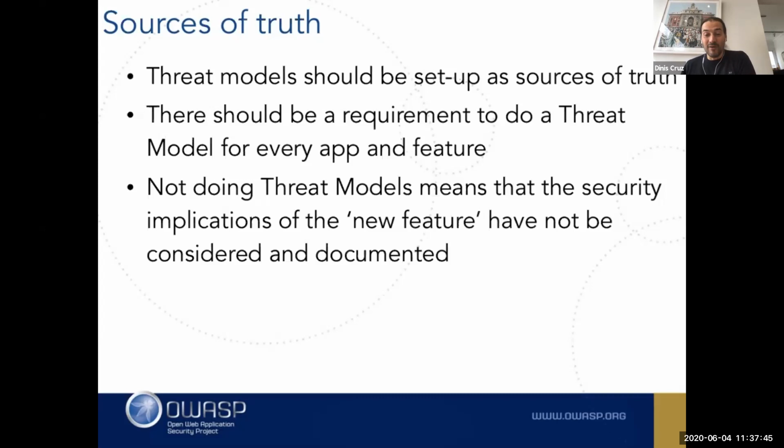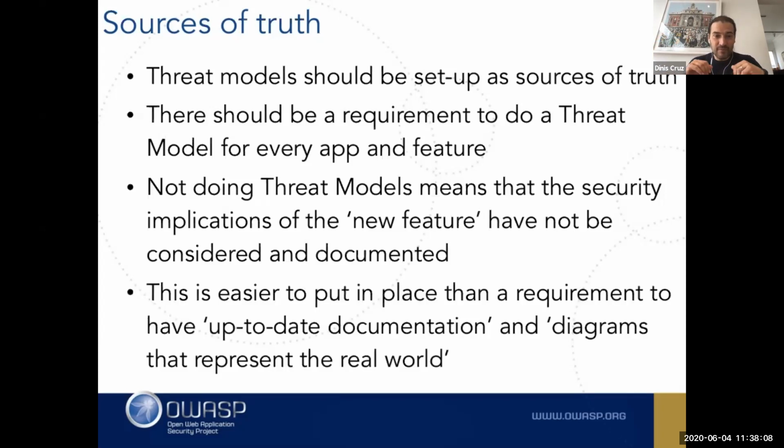So when you choose not to do a security review, when you choose not to do a pen test, when you choose not to do a threat model, and maybe it's because you don't have the resources, maybe you don't have the budget, maybe you don't have the time, it's still a conscious choice. That has to be made by somebody who has to accept that risk. And that's kind of the key game here.